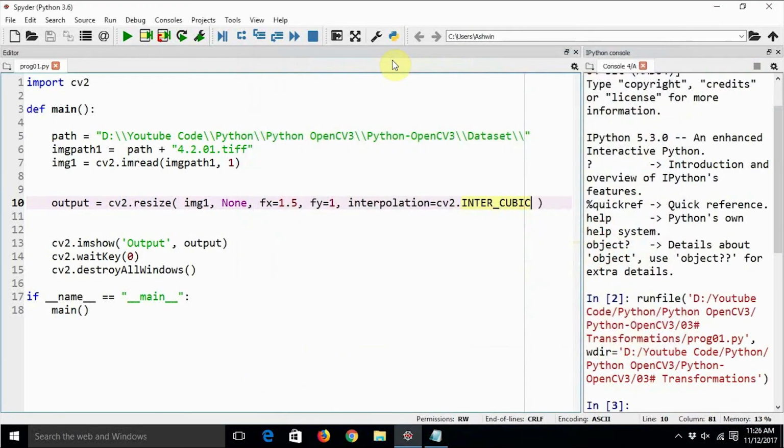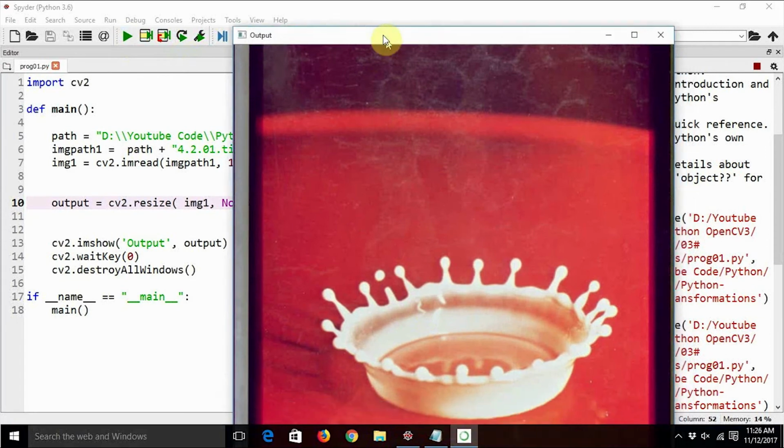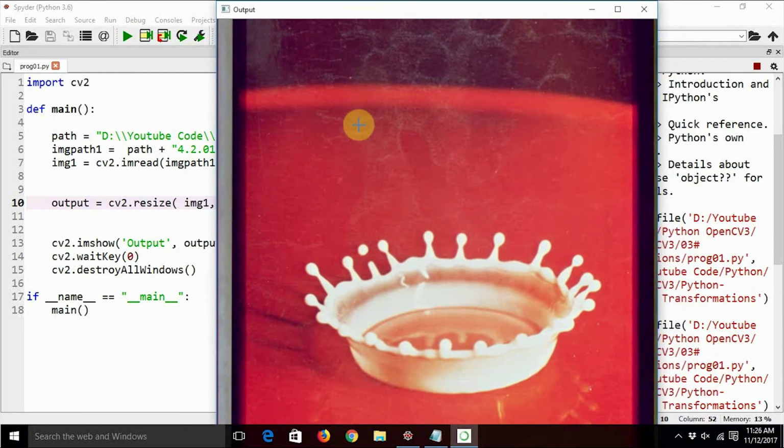In case you want to see the image resized proportionately, you can just pass 1.5 to the y dimension or y axis. So now the image has been stretched uniformly in its height as well as width.